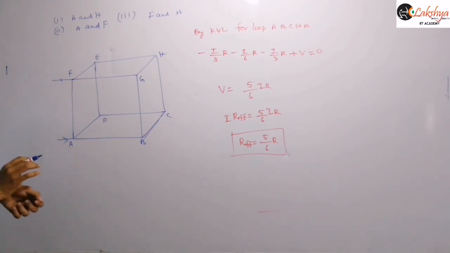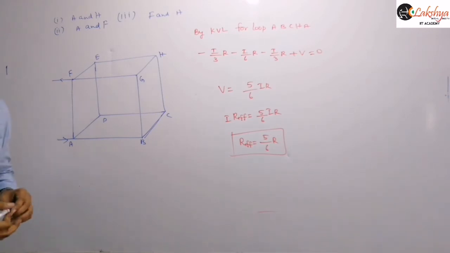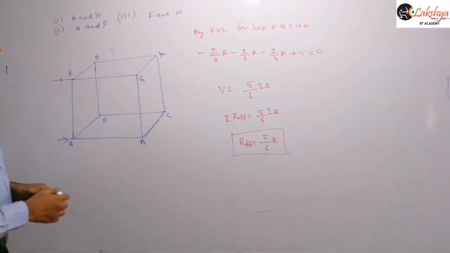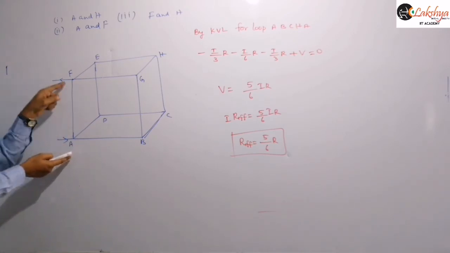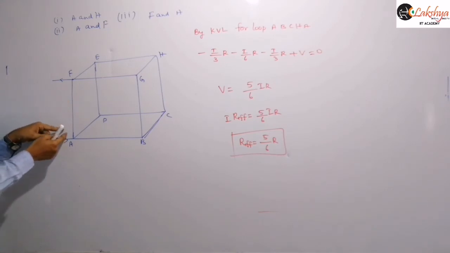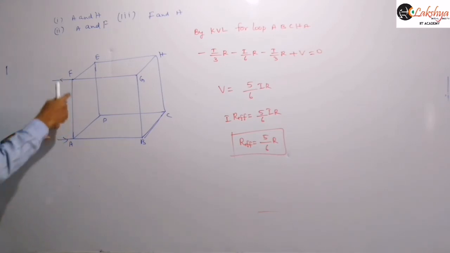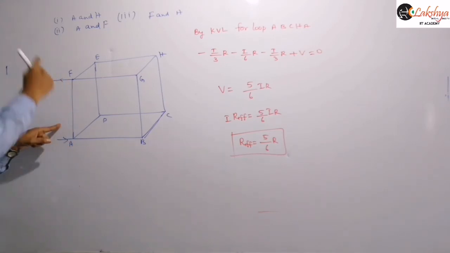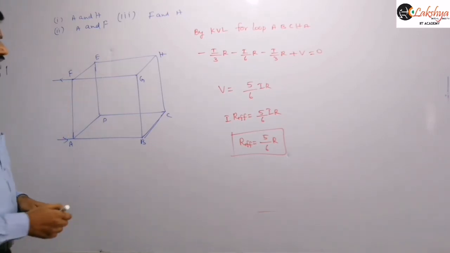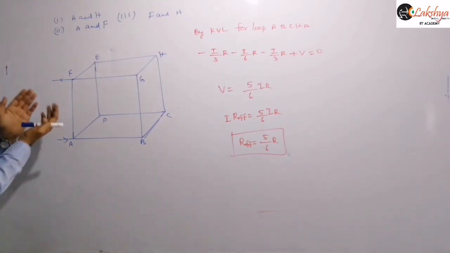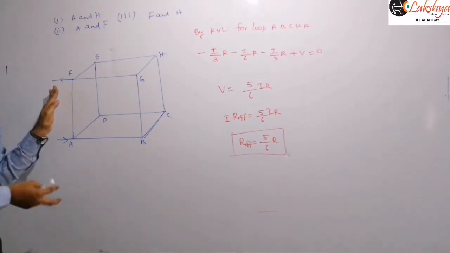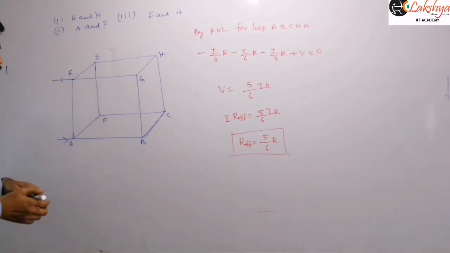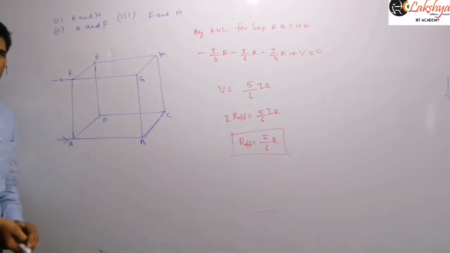Now, if you again take the identical paths here, totally 3 paths are there. Out of these 3 paths, this path is totally different because it is directly from starting to ending, A, F, directly connected between the starting and ending points. So there can't be symmetry with this one. Let us leave that path. Then let us think about the remaining 2 paths, whether they are identical or not.